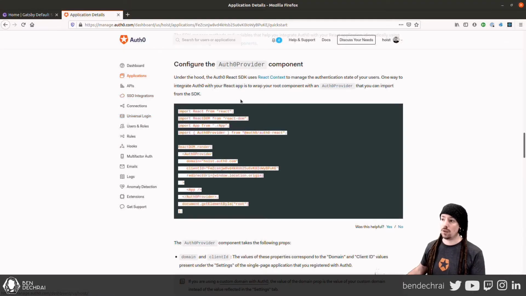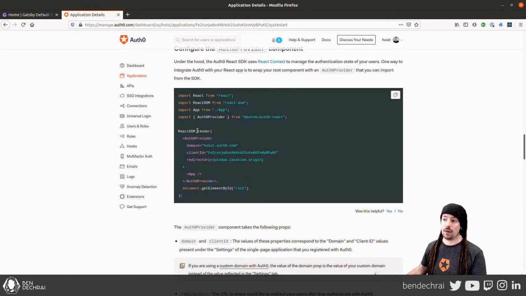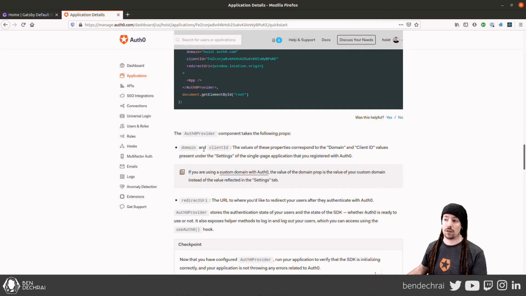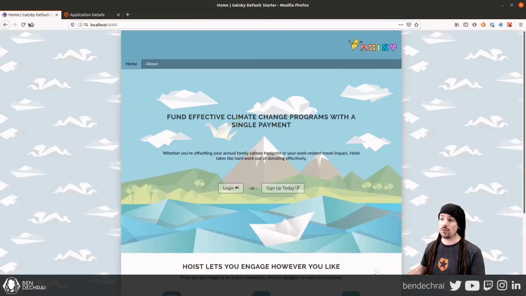Let's jump back to the code over here and see where we're up to. So we've implemented the Gatsby version of the element wrapping mechanism here to provide the Auth0 provider to the application. We've also configured the domain ID and the client ID. So the next step here is a checkpoint. Let's test it out. So if we go back to the home page here,